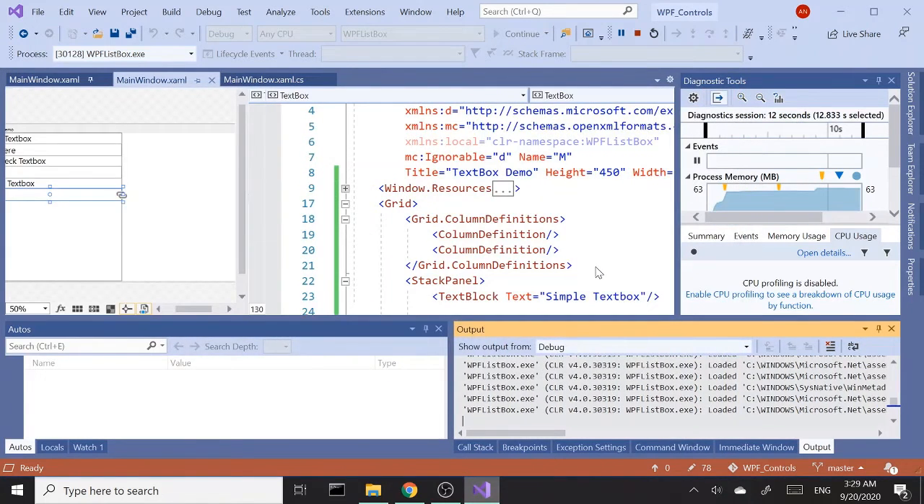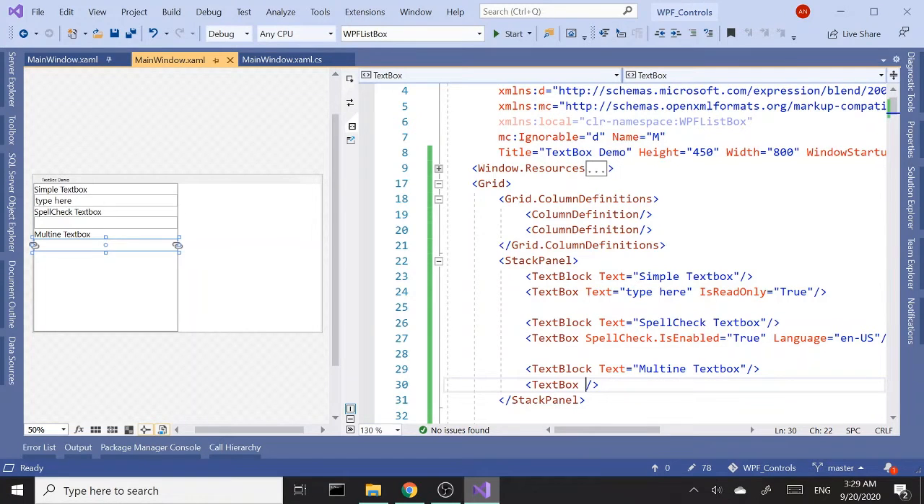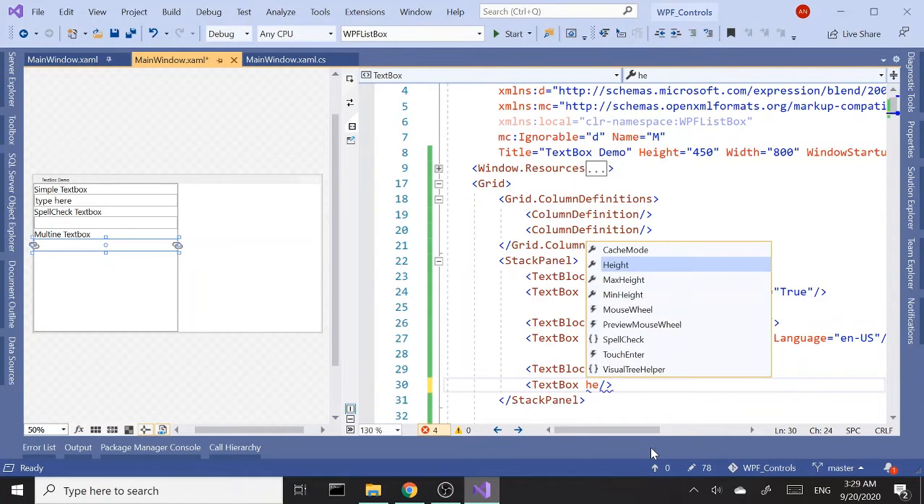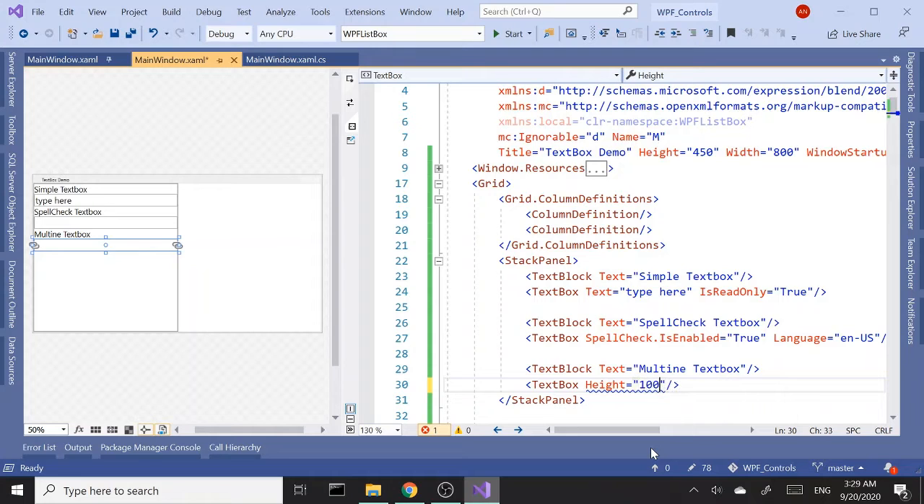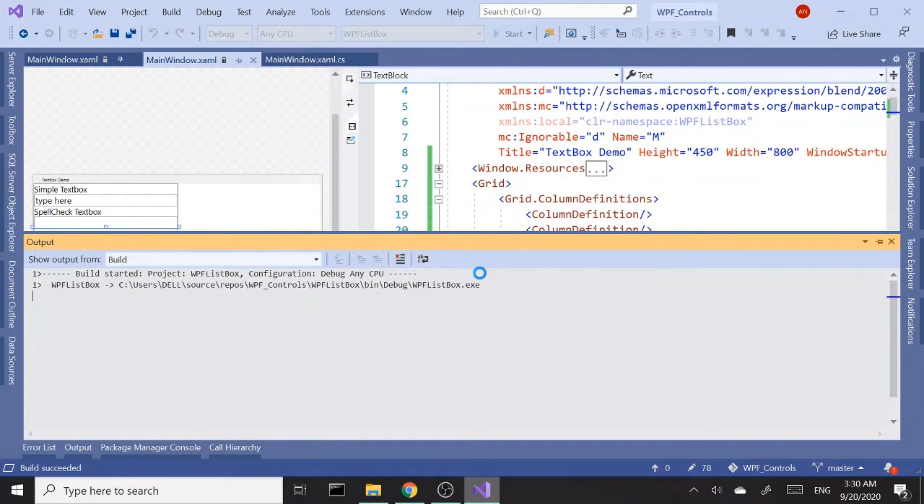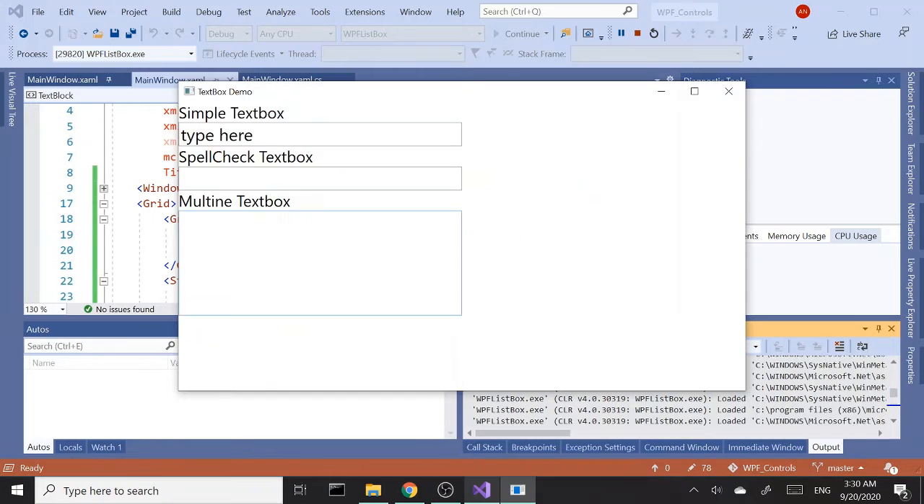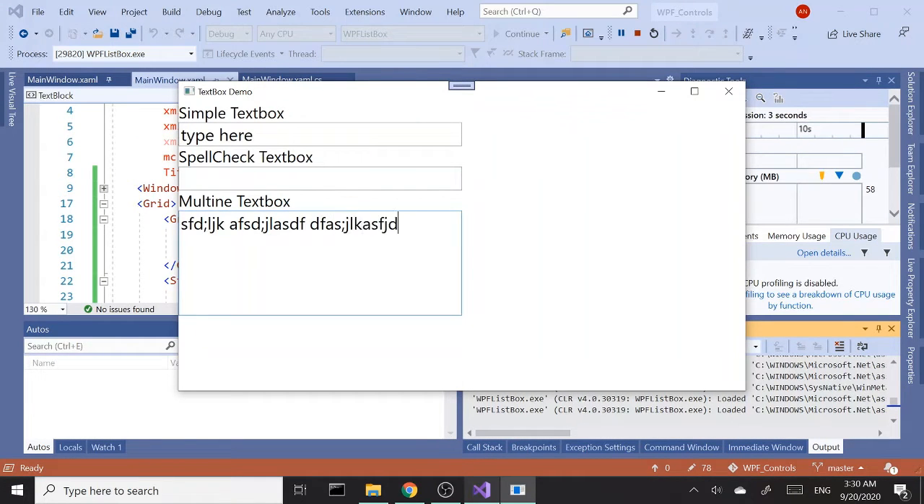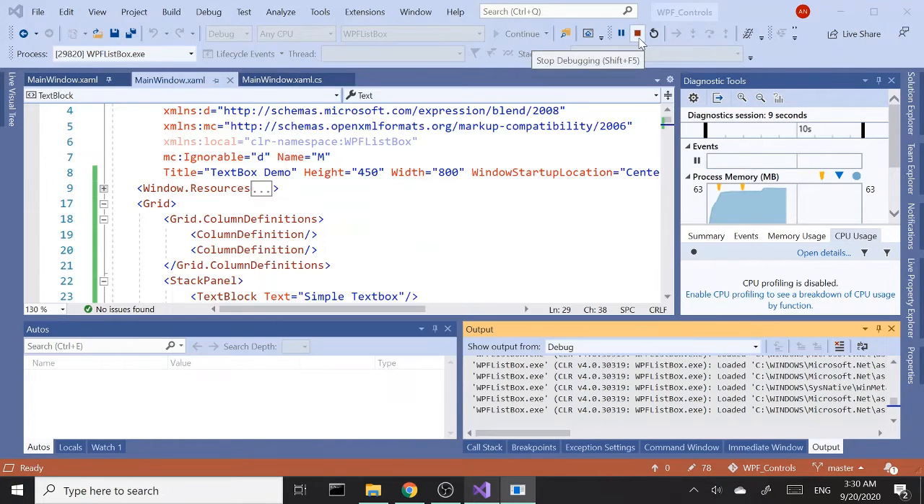Let's actually increase the height of the text box. Let's go with say 100 or 200? That's a little too much. Let's go with 150. Okay, let's try that. Let's try again. So if I start typing here, I can keep going on and on. Okay, that's default behavior, but